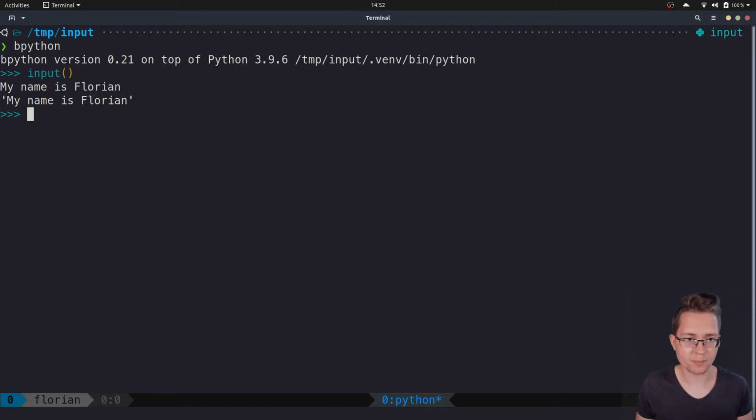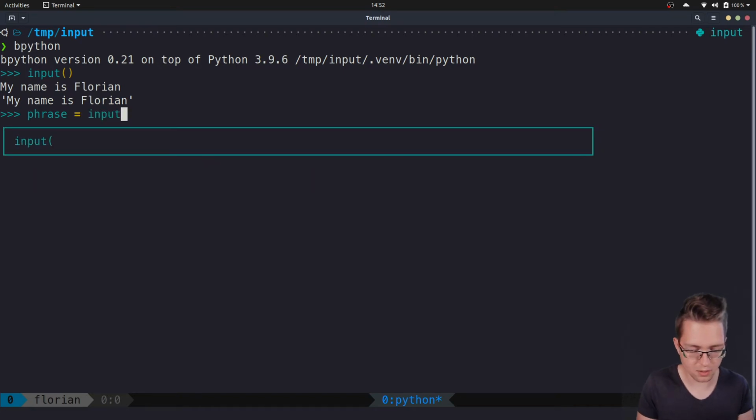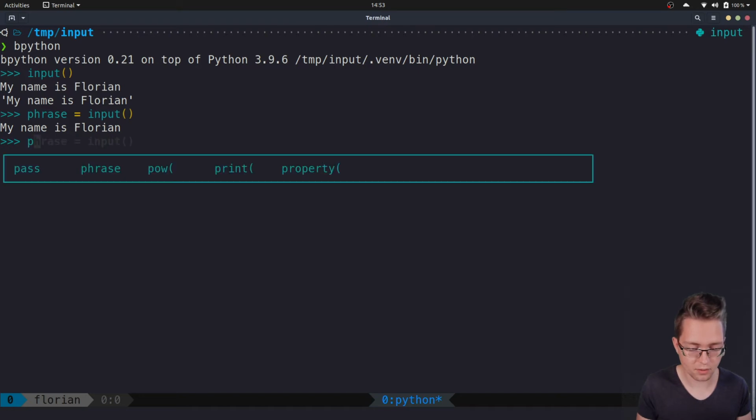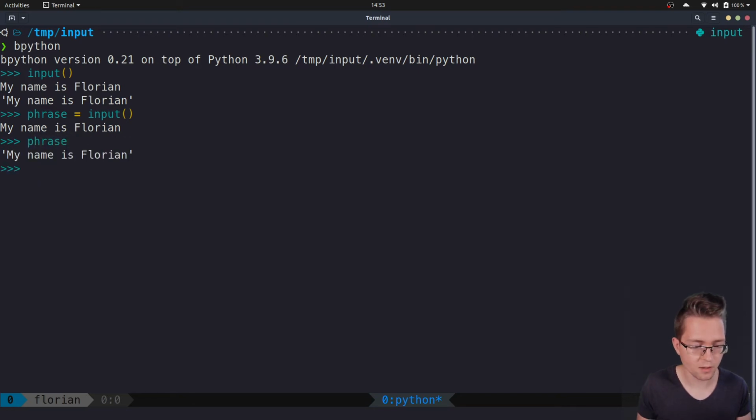We can also capture it in a local variable. So something like phrase equals input. And now it asks me again to write something. My name is Florian, hit enter. Nothing is printed to the terminal. So if I now type phrase, you can see that the string my name is Florian is captured inside of